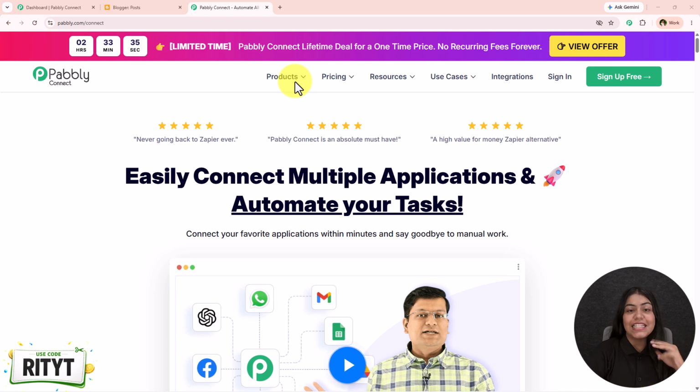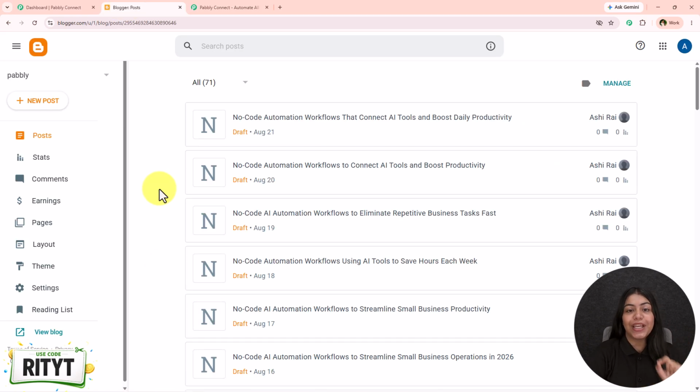Just give me 3 minutes and I'll show you how you can generate new articles every day and post it. So to do this, you just have to open a new tab and search for